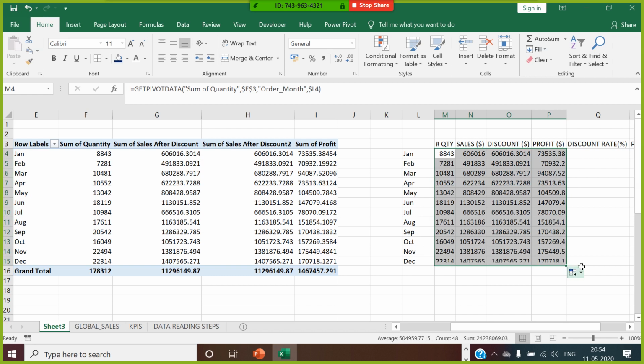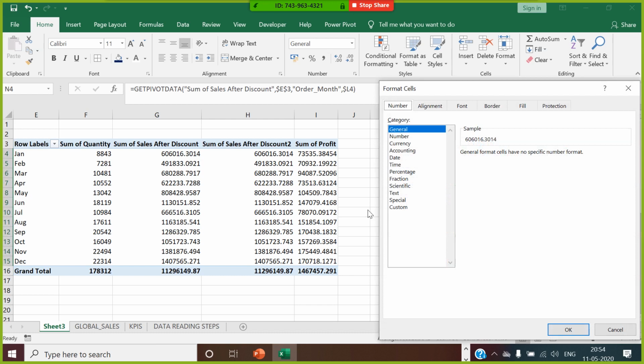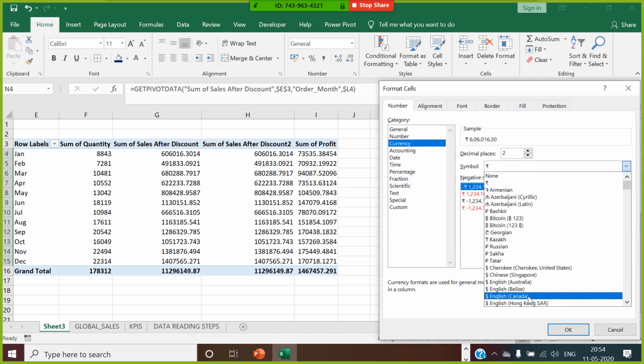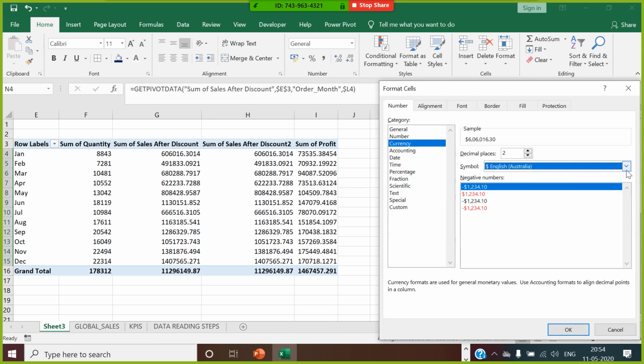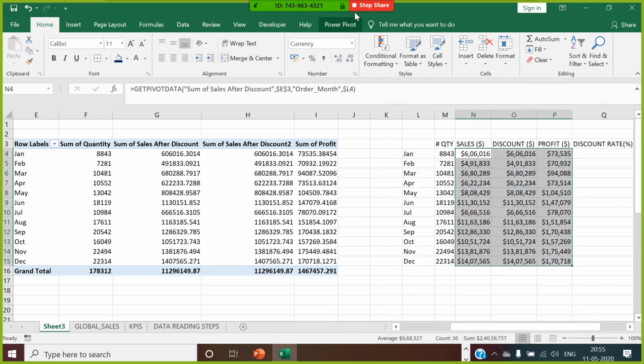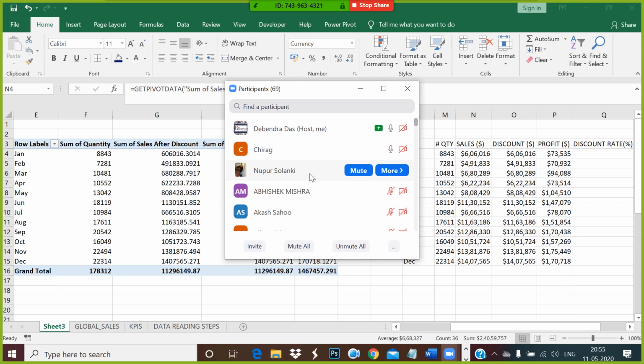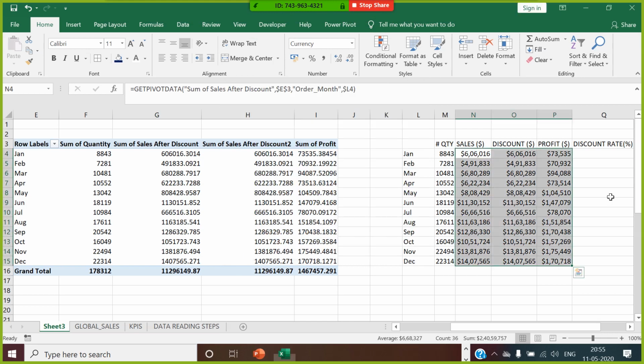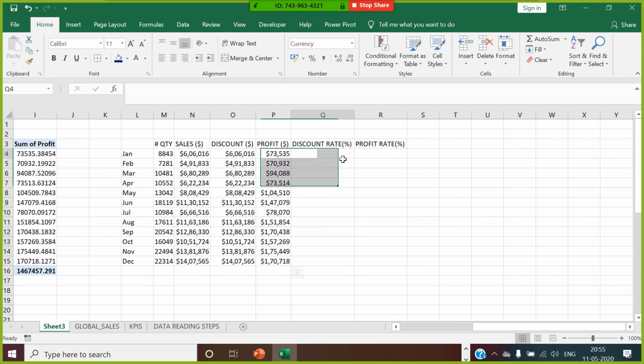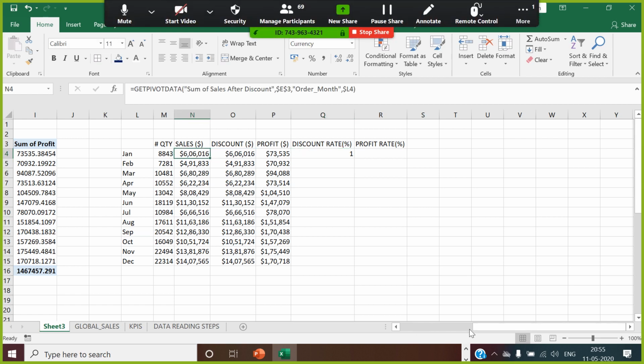Now you drag this down. Right click, go to format cells, currency, make it Australian dollar. Okay. Now how to get discount rate? This is divided by... it's going to be something bad. Okay.